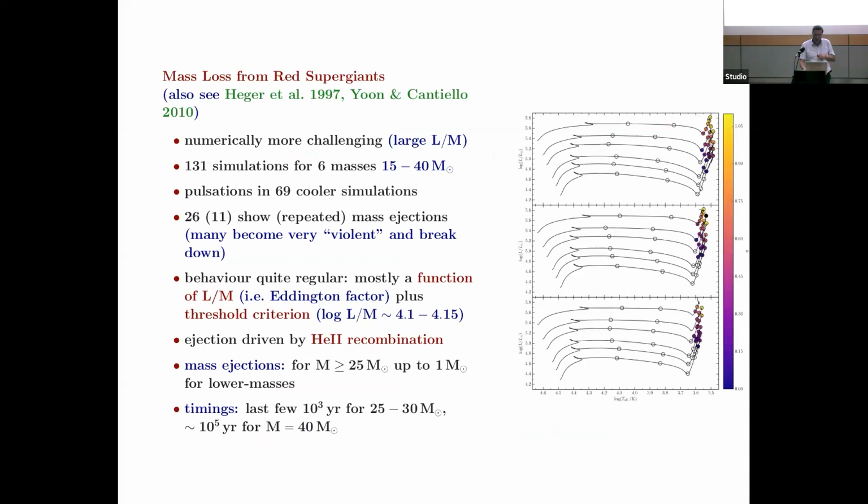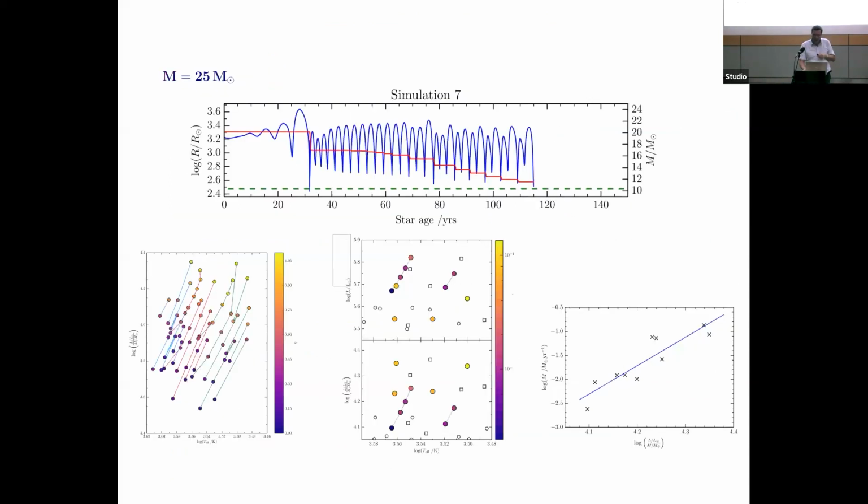This also happens for more massive stars. More massive stars, this is for 25 solar mass stars, can also show these pulsations and these ejection events. But it's also of interest to us because it shapes the circumstellar material at the time when stars explode. But this, again, is not something I want to talk about today,